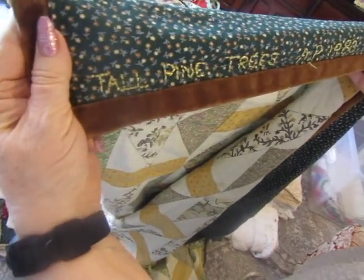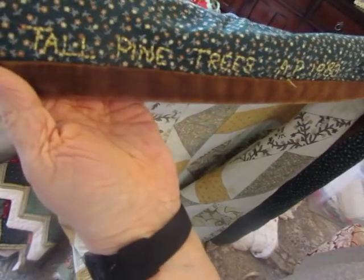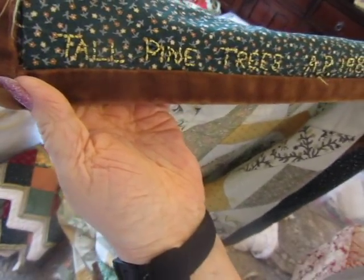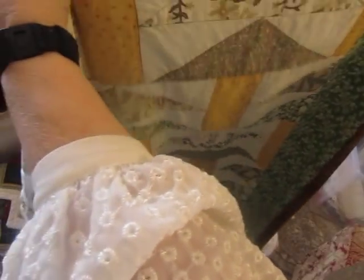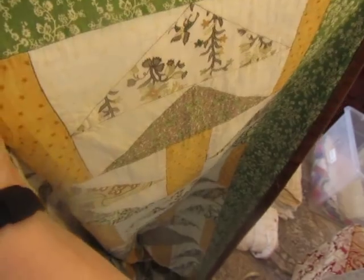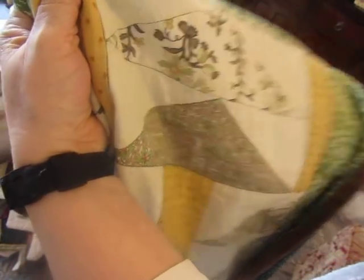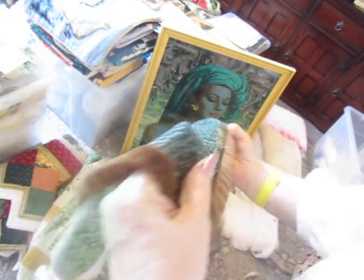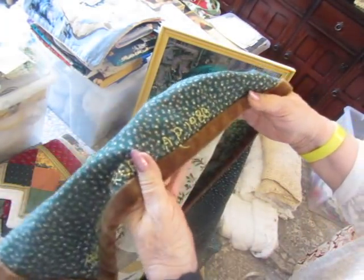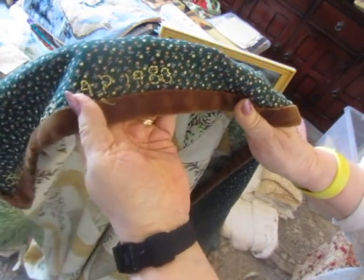Tall Pine Trees. The maker has embroidered in gold lurex thread the name of the patchwork, the pattern. That's Tall Pine Trees. It's difficult to show you. I'll lay it on the floor soon so you'll be able to see a bit more. Tall Pine Trees, and it was AP 1980,